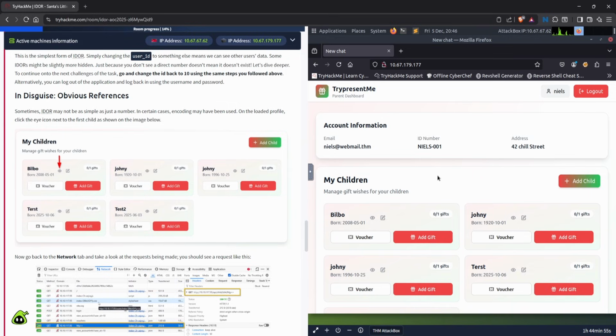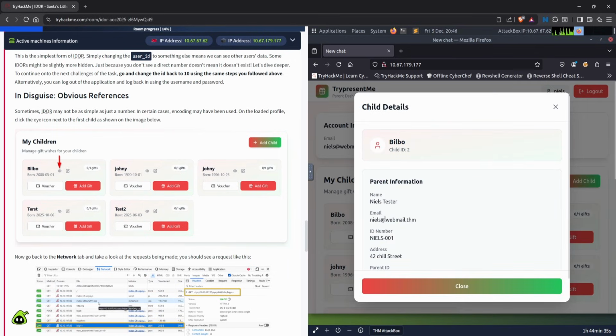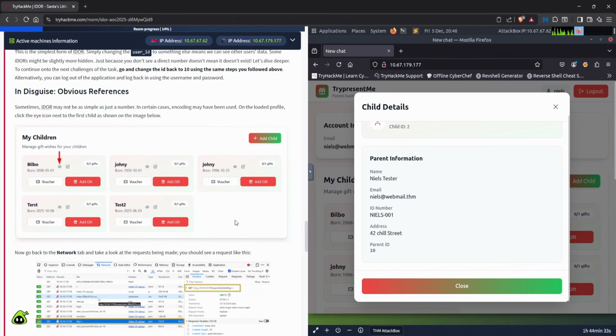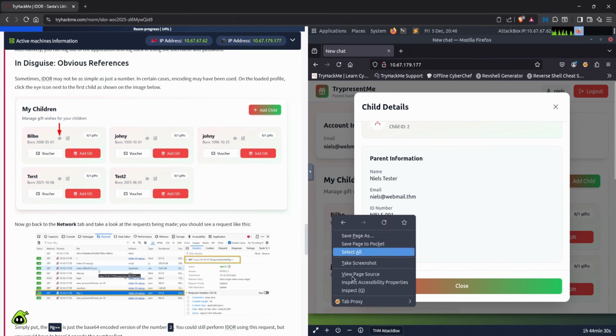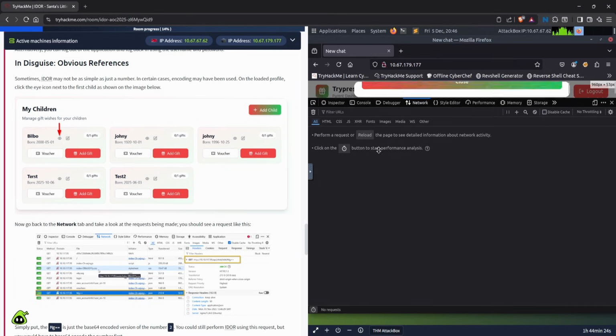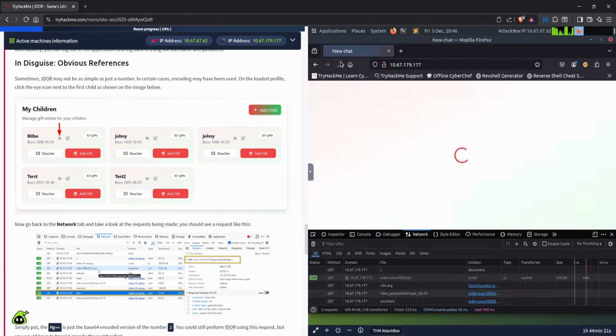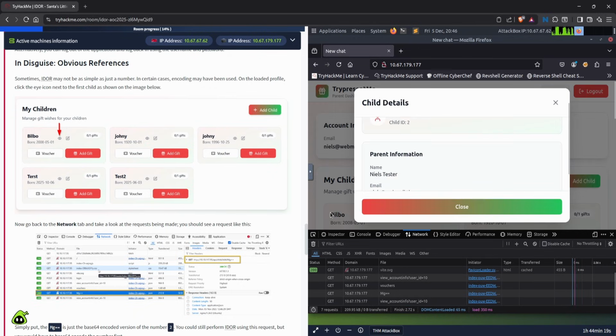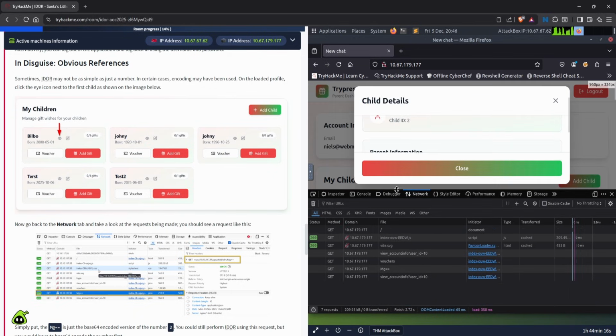So it says in disguise, obvious references. It says sometimes IDOR may not be as simple as a number. In certain cases, encoding may be used. On the loaded profile, which we're on here, we can click the eye icon next to the first child as seen in the instructions. And this will show information about them. Now, if we go back to that inspection window and look at network, and let's just actually refresh the page and click on the Bilbo eye, we can see